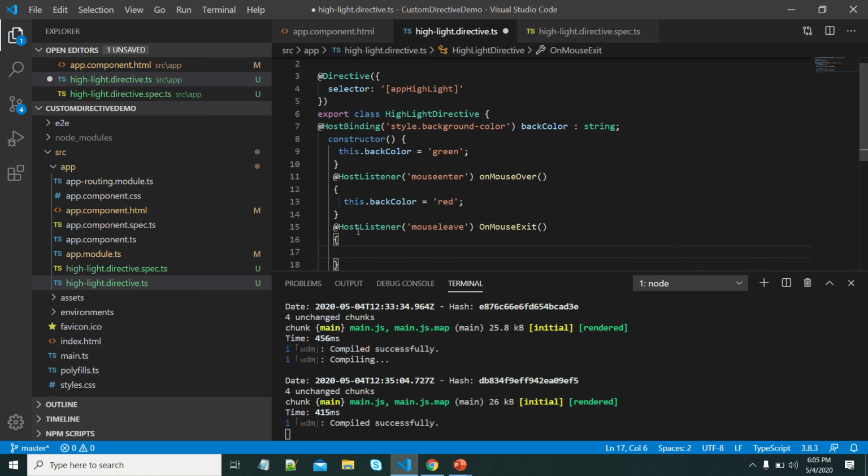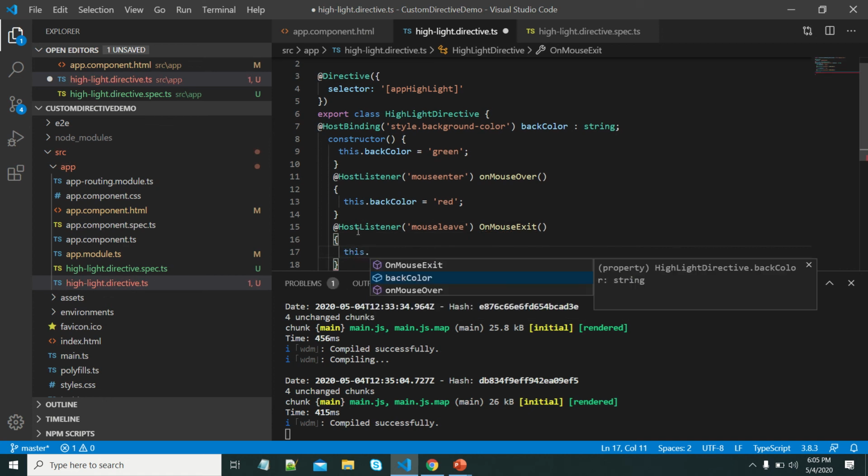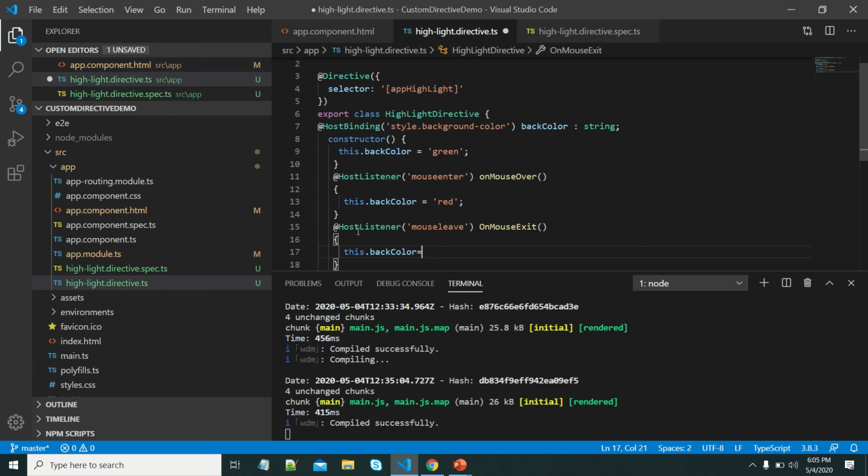We can give any name. This.backColor to some white color. Let us give that. Let us save it.